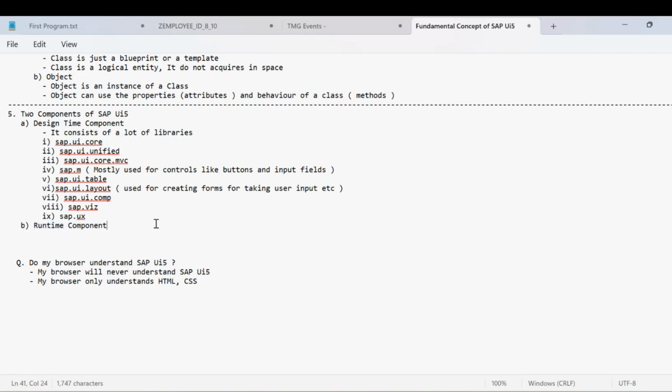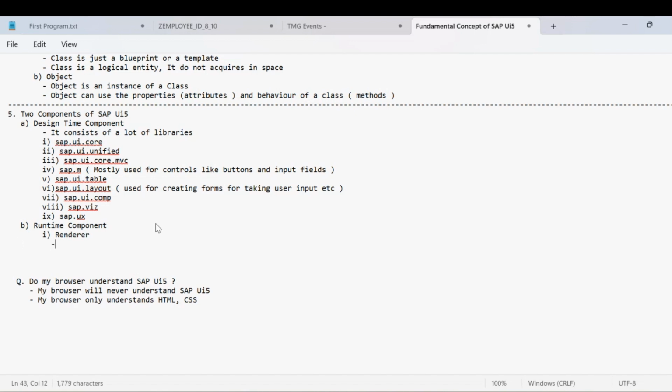Inside this runtime component, there is a very important library called renderer. Very important library, renderer. Whatever code we write inside SAP UI5, this renderer will convert the SAP UI5 code into its